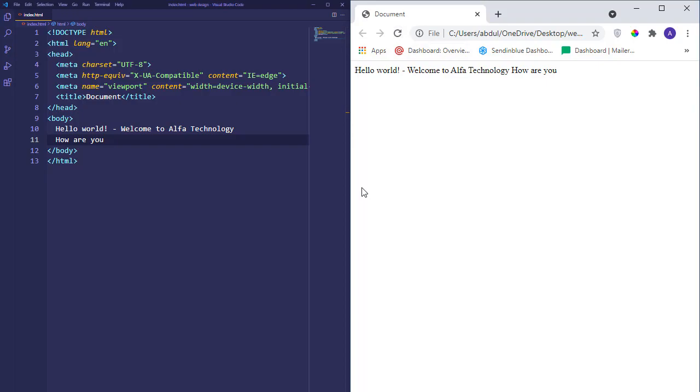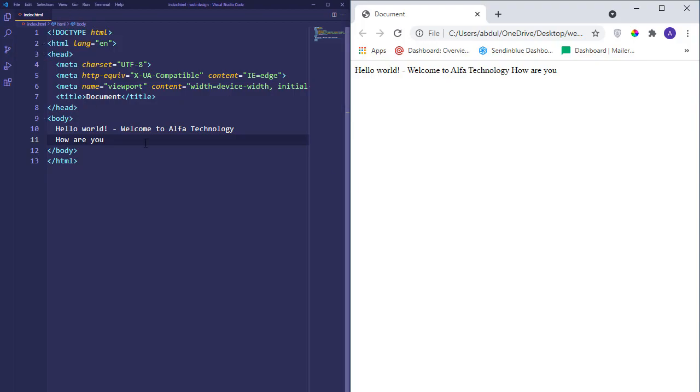This becomes tedious when we are designing, because whenever we design anything with the help of CSS or HTML, we have to see the output after every line of code. It can become very tedious to switch between the windows. To solve this problem, we have an extension called Live Server.